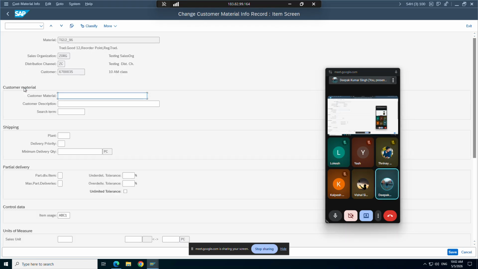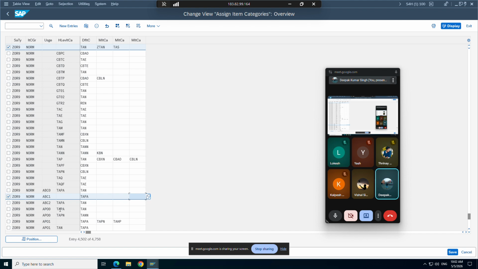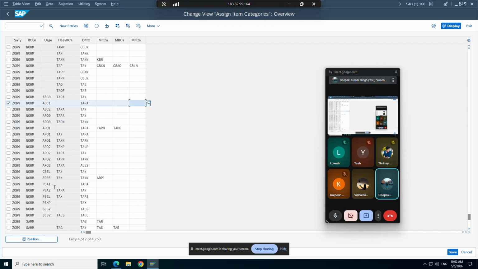I'll double click here. Do you see uses? Clear? Yeah. So from here, system is taking that uses. Clear? Or let's say one thing. Let's maintain something else. Okay. Let's maintain this